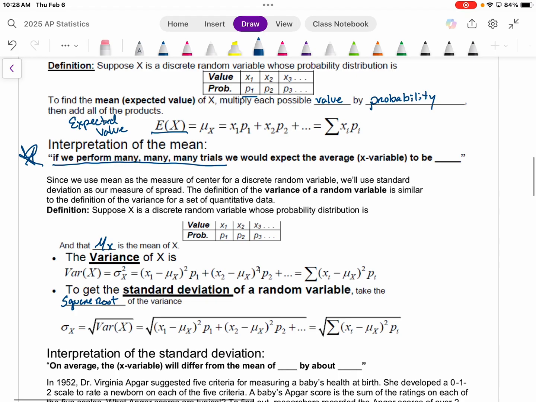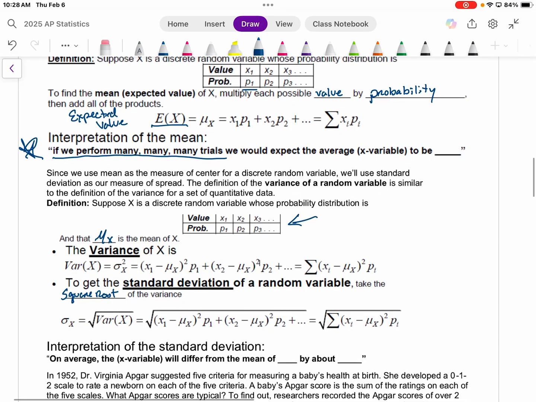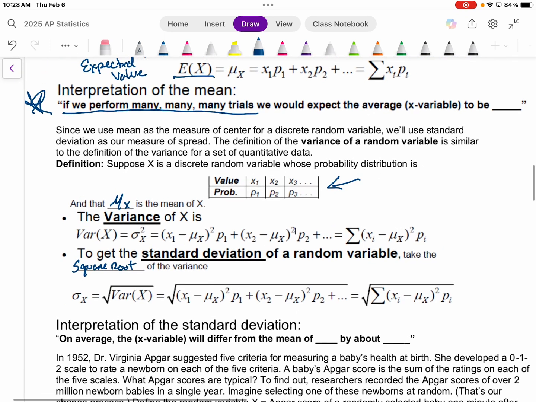Since we use the mean as a measure of center for a discrete random variable, we'll use standard deviation as a measure of spread. The definition of the variance of a random variable is similar to the definition of the variance of a set of quantitative data. Suppose X is a discrete random variable whose probability distribution is modeled by that table, and mu sub X is the mean of X. The variance of X, the var of X, the variance of our distribution of X, denoted by